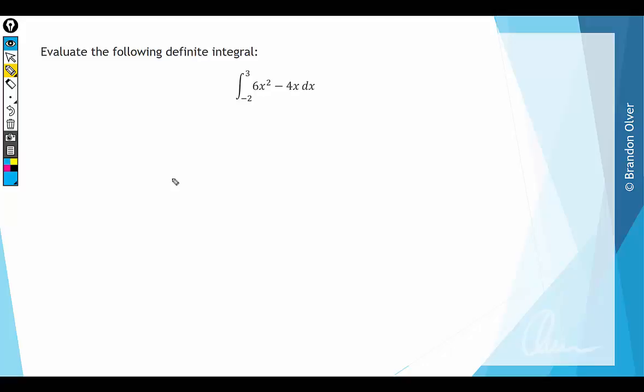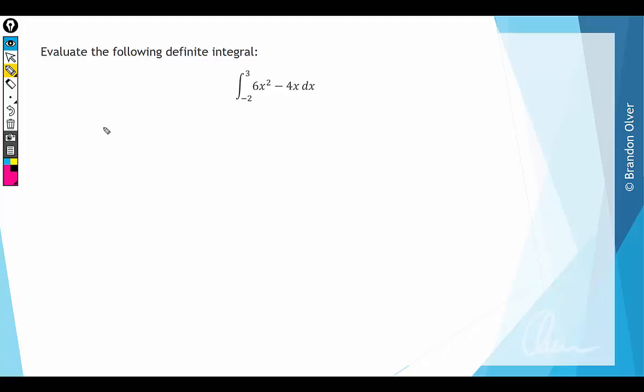Evaluate the following definite integral. The integral between -2 and 3 of 6x squared minus 4x with respect to x. So when we evaluate a definite integral, we need to remember that we can use the fundamental theorem of integral